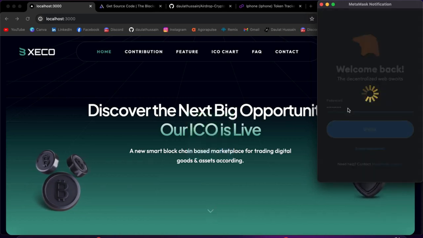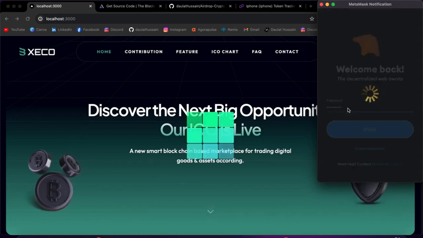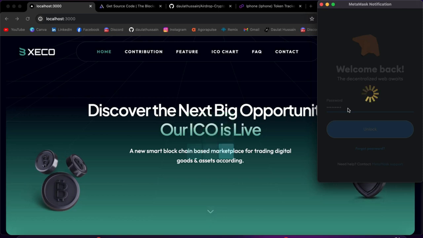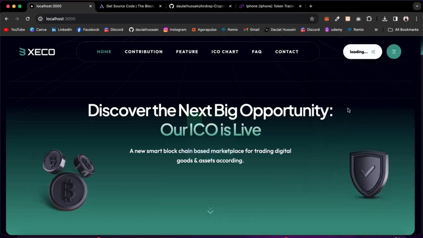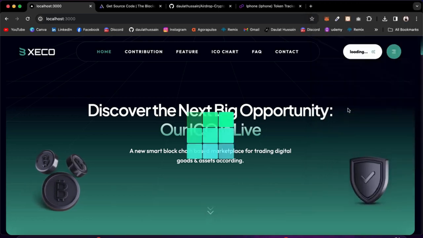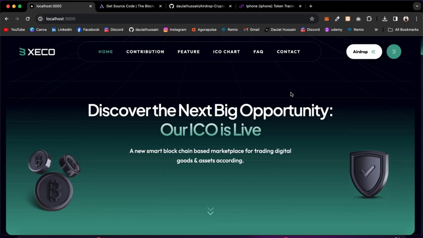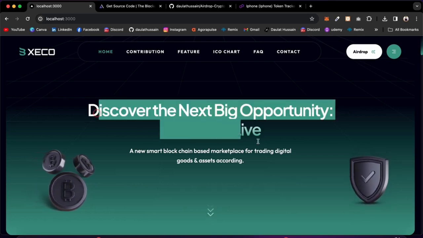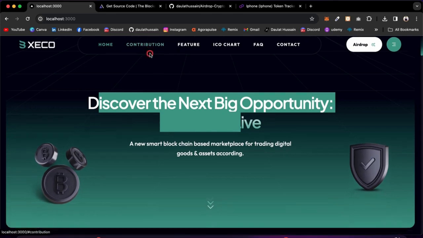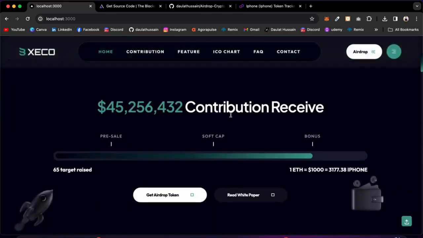So here I'm connected, and it's fetching all the information from the contract and setting it in all the places, including the admin, and the data available for claiming the airdrop. Finally, we are successfully connected with the wallet. And this is the hero section we have, where you can display your title. Now, if you come to the contribution section,